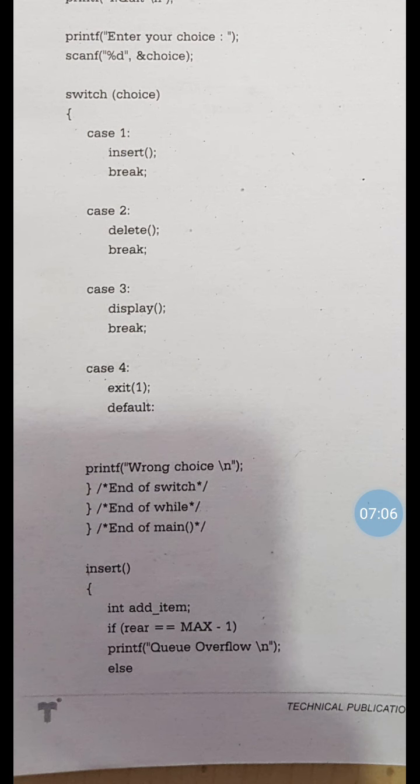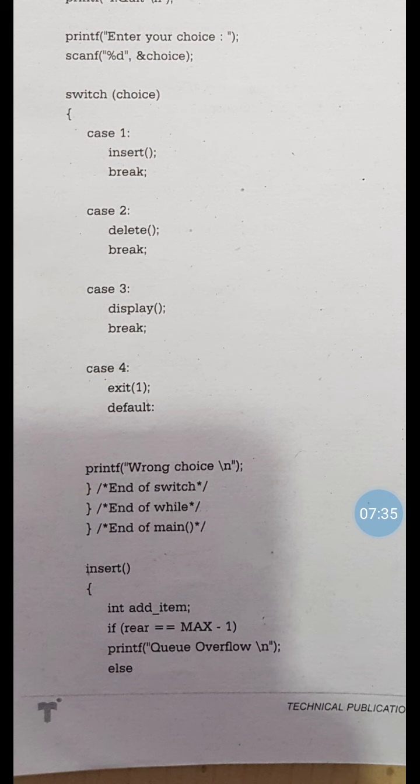See, at the end, insert, int add item. First we will check if rear equals max minus 1, meaning the rear pointer, the pointer where you are adding or inserting a value, is equal to max minus 1, meaning it is at the last position of the queue. So what will be the situation?